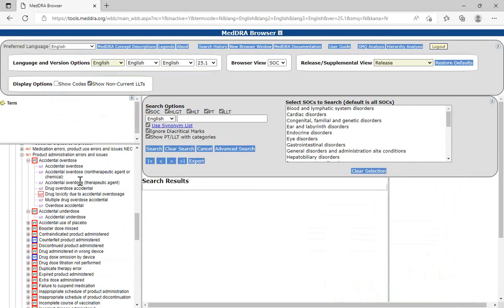Okay, so like I said, the choice PT accidental overdose is correct. It's not wrong because there are several LLTs underneath it, but the most appropriate and closest match is multiple drug overdose accidental. You're not incorrect in saying therapeutic agent, but it's even more correct because you also captured the fact that there were multiple drugs. So it's not an incorrect answer. The best choice would be the multiple drug overdose accidental. But they're not wrong because at MedDRA concept level, they're all housed under or linked to the correct PT of accidental overdose. Okay, very good.